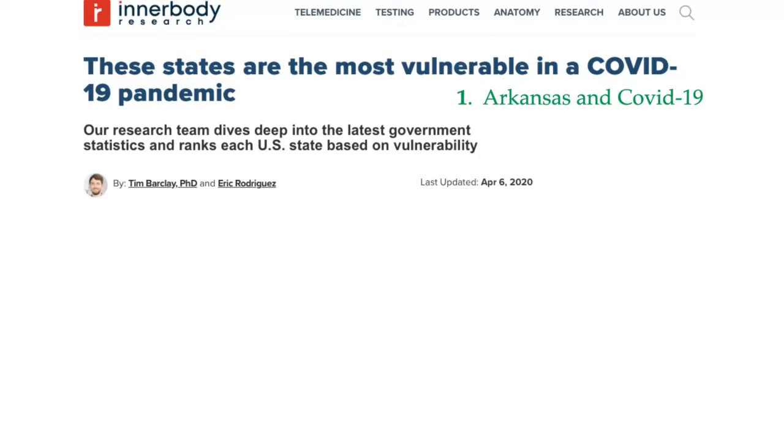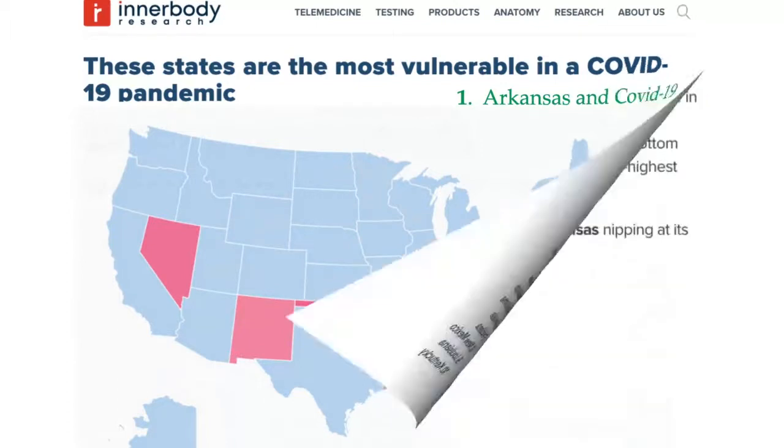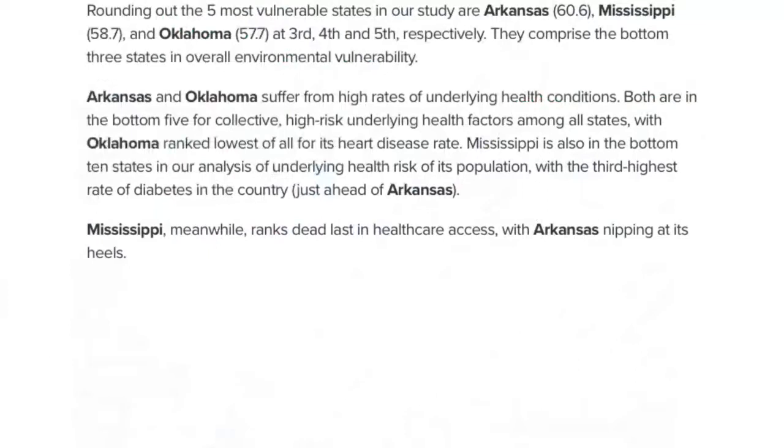What they did is they looked at the 50 states and said which states are going to be especially vulnerable. And Arkansas wound up number 3 on the list, which was kind of surprising in a way. But on the other hand, the way they define vulnerability, they're looking at the diabetes in the population, obesity, health risk problems. And I love this quote at the end,